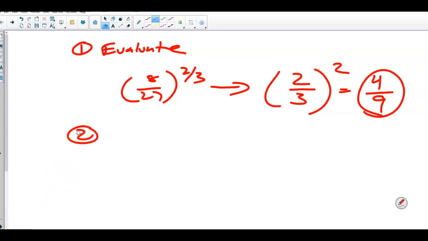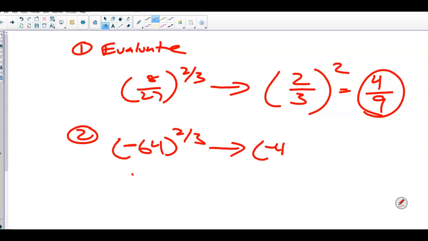Number 2, we're going to evaluate negative 64 to the 2/3. You can take the cube root of a negative. You're not going to be able to take the square root of a negative. You can take the cube root of a negative. The cube root of 64